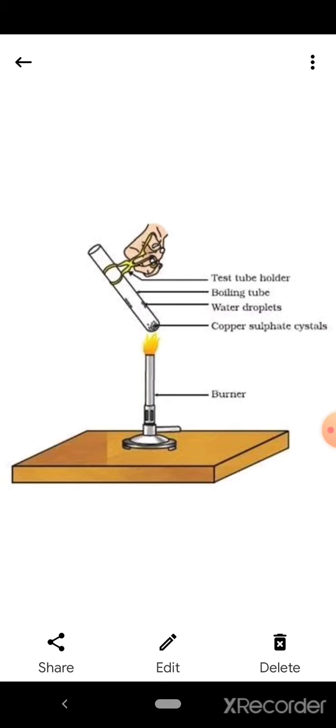See, copper sulfate crystals which seem to be dry contain water of crystallization. If we heat the crystals, then what happens? Water is removed and the salt turns white. If you moisten the crystal again with water, what you will find? You will find that the color of the crystals reappears. Water of crystallization means what? It is a fixed number of water molecules present in one formula unit of a salt.